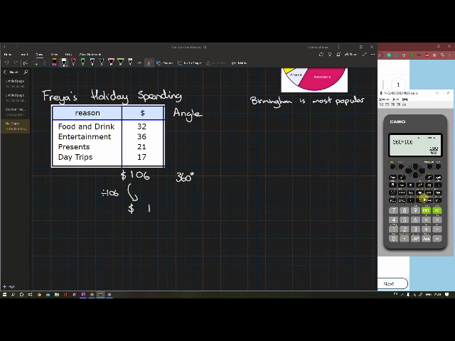Press equals, and we get a decimal number, which is 3.396 degrees. Now, if you're doing this accurately, what you could round this to is about 3.4 degrees, or if you're using a calculator properly, set that to being a variable. Now, because we're doing a pie chart, I would set this in memory A. So you do Shift, Store into A. And that means my number is there. So now when I calculate my angle,